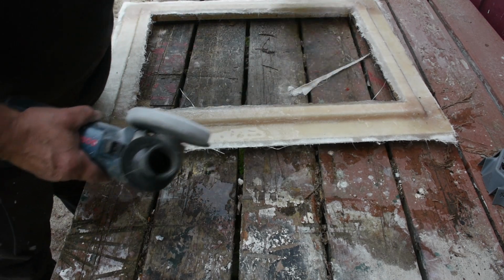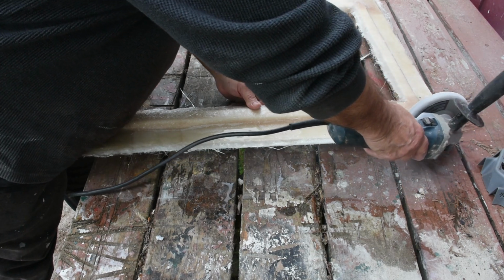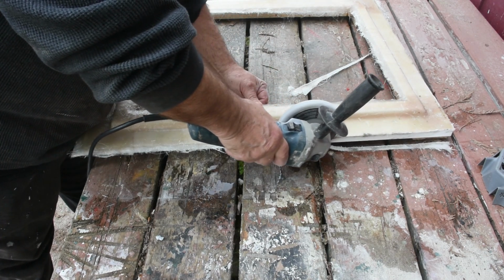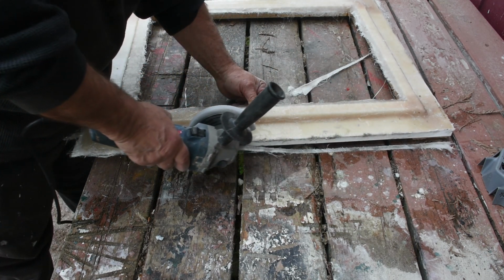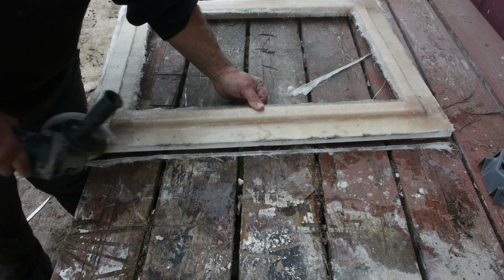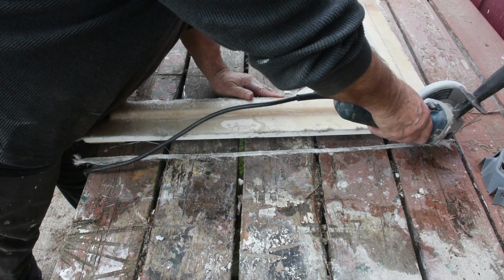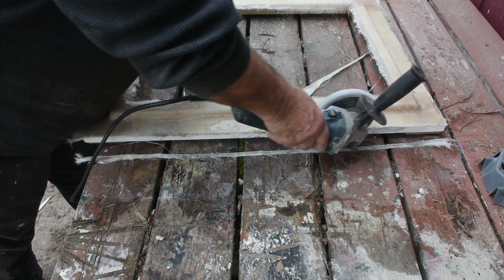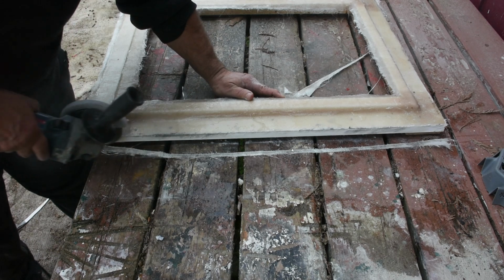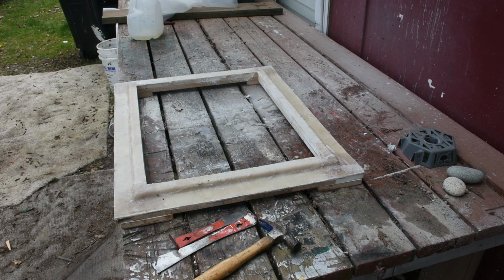And you can just run it right along the wood, and that'll give you a nice straight edge to it. Sometimes you have to go a couple of times so that you can get a visual of where your edge is, and then I'll just follow right along. You can use a diamond router bit too if you have one, but these blades work great, and they're inexpensive now. So I've done the outside and the inside, as you can see, and now I'm just going to use